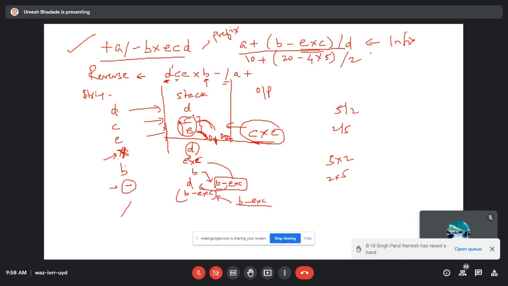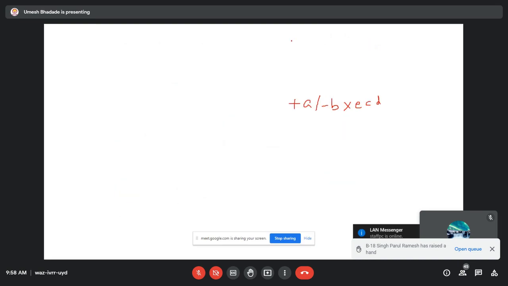2 लेता हूँ फॉर एग्जांपल। ओके सॉरी, इसकी 2 लेता हूँ, ई की भी 2 ले लेता हूँ ताकि आंसर मिले हमको, कुछ जीरो ना आए बीच में। इसका आंसर क्या आएगा, 20 माइनस 2 इंटू 5, 20 माइनस 10, डिवाइड बाई 2 और 10 प्लस। सॉरी, 20 माइनस 10 कितना हुआ, 10 बाई 2 5, 5 प्लस 10 इज इक्वल टू 15। ठीक है, वैल्यूज क्या ली मैंने: ए की वैल्यू 10, बी की 20, ई की 2, सी की 5 और डी की 2, राइट।